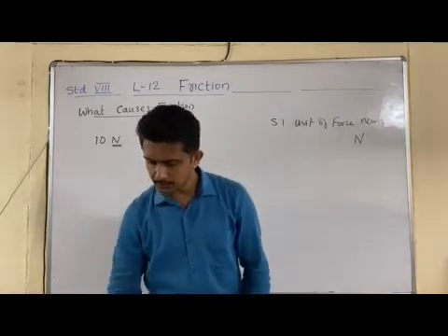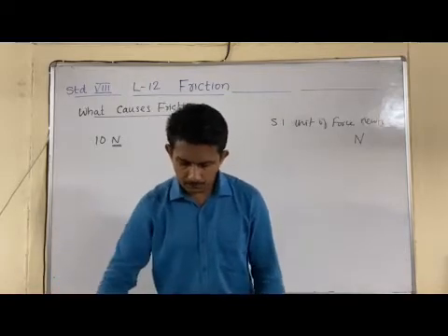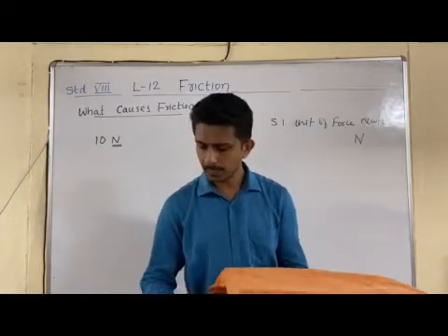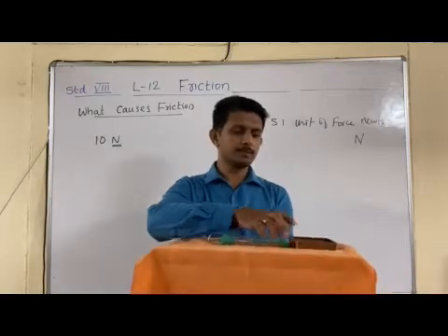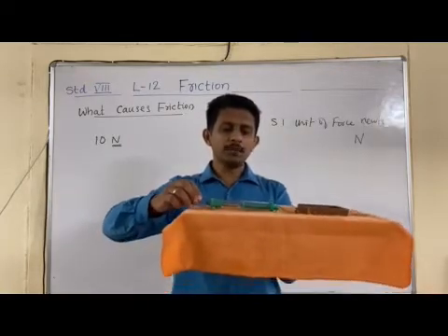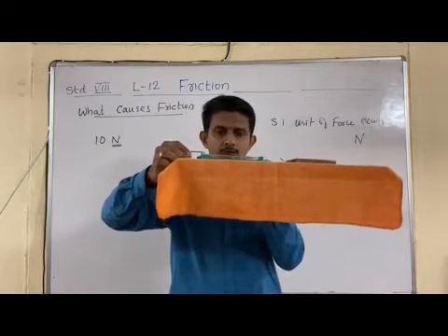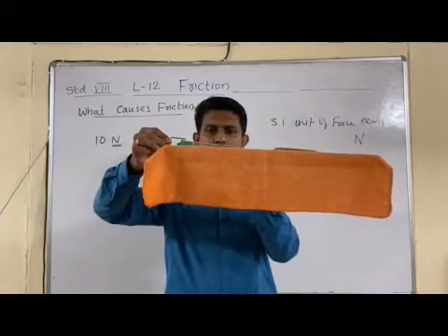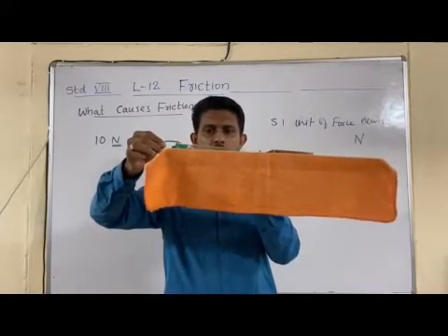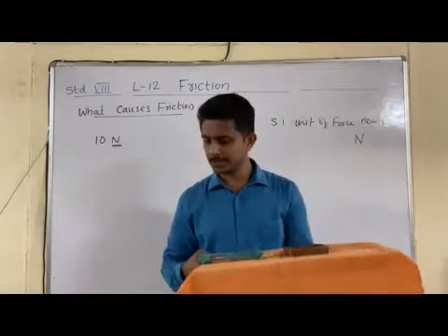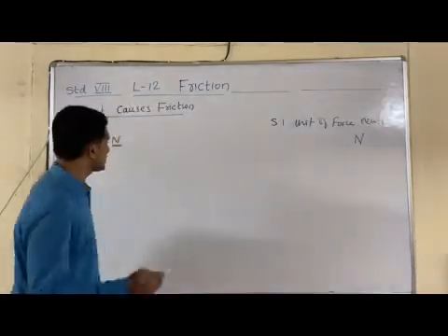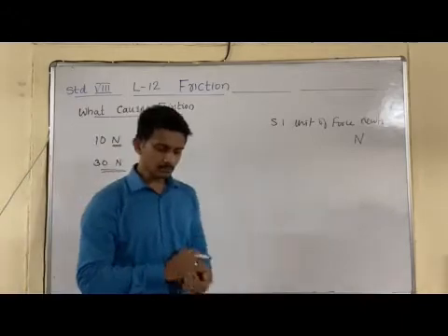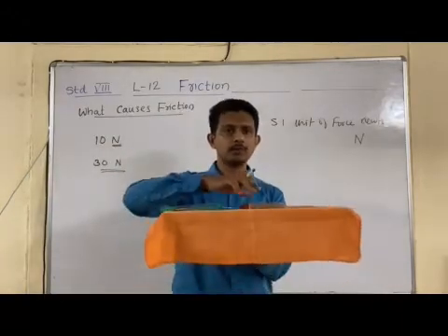Now we are considering this surface as a somewhat rough surface. I am putting some cloth on it, you can see that. I made it a somewhat rough surface this way, and I am applying force on this. Of course, in this case the force acting should be more than in the previous case. Almost 30 Newton force is acting, then only this object starts moving. So in the second case I applied approximately 30 Newton force.